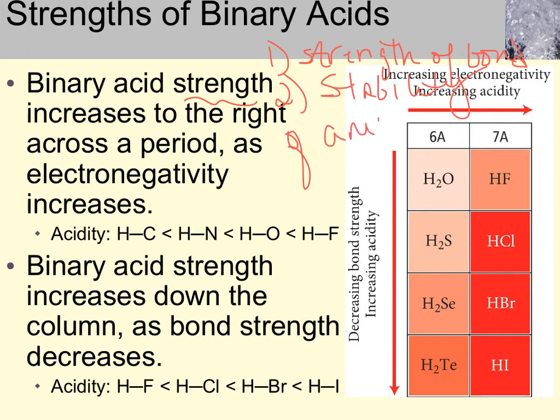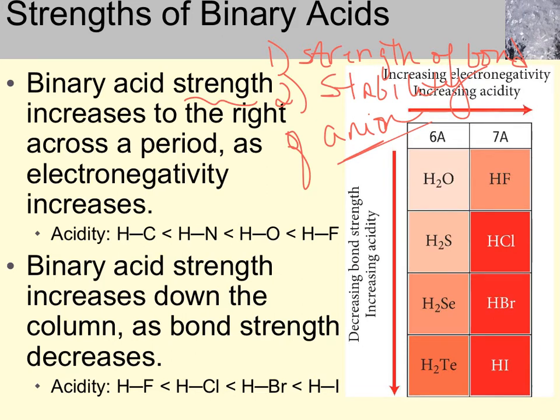So once an acid gives away a hydrogen ion, it's left with an anion. The more stable that anion is, the more likely it is to form. Okay? So the more stable the anion is, the more acidic the original acid is. So that's kind of an explanation, but what you need to commit to memory is that as you move to